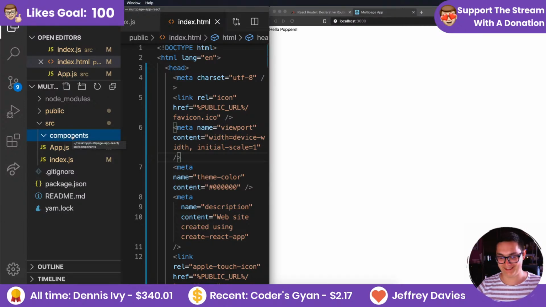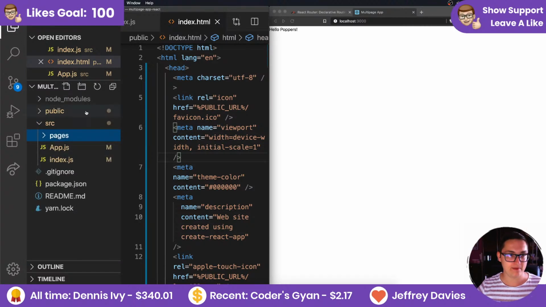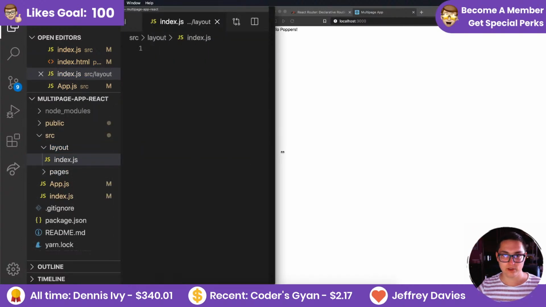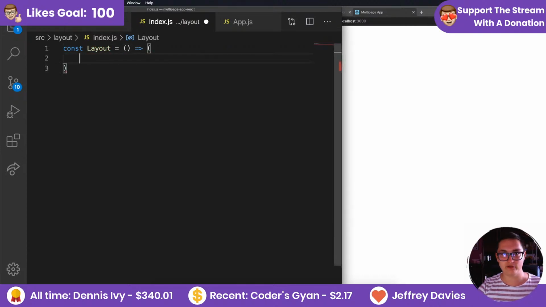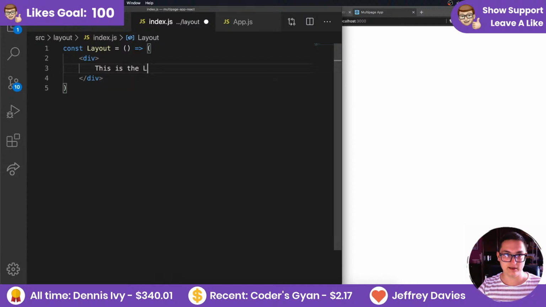Okay, let's do that. So we're going to have here pages, and we're going to have another with a layout like that. Good. Now in the layout, let's have an index.js, which will pretty much just export. We're going to create a layout component, which will be the wrapper for all of the components. It will have the nav and all that. But for now, let's just say this is the layout